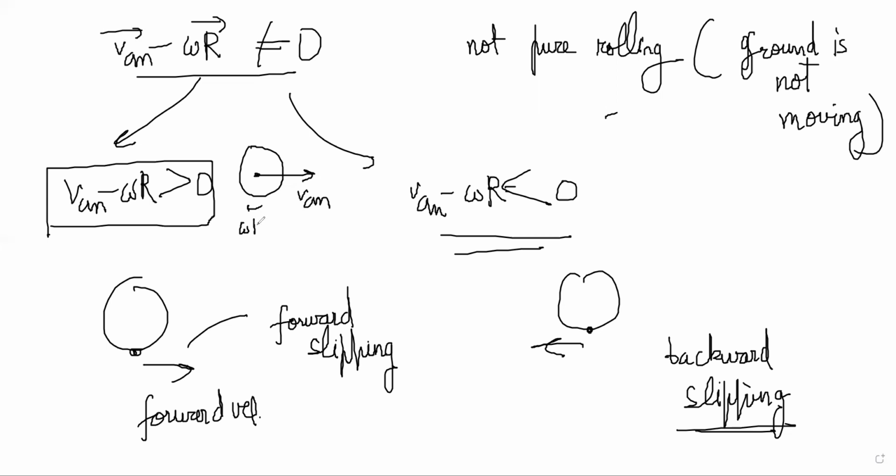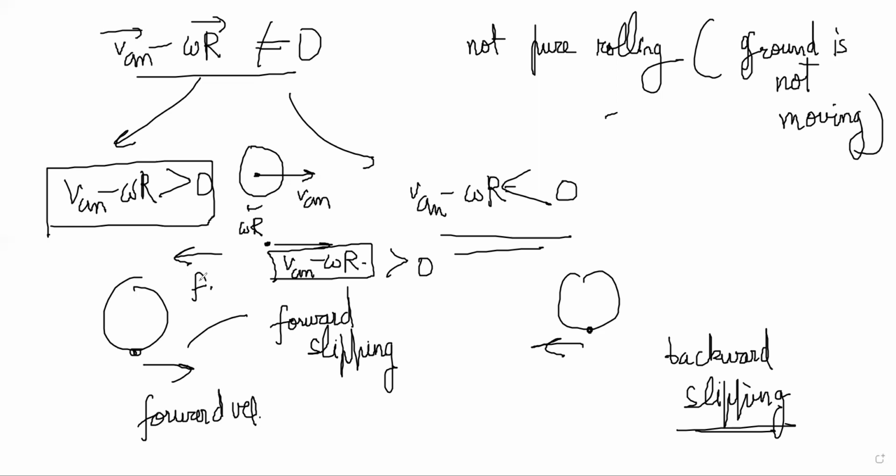So this omega r is not much. The lowermost point has a velocity of VCM minus omega r, which is forward in nature, so this must be greater than 0. So you are saying that the car is skidding or slipping forward, because the car keeps moving while you are trying to stop it. And because the velocity is forward in nature, friction will act in the backward direction of the car. Kinetic friction will act now.